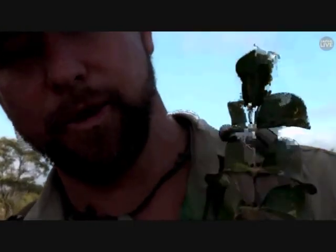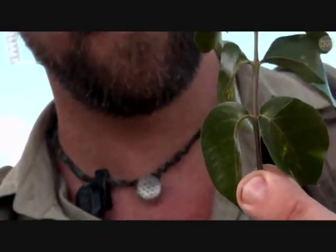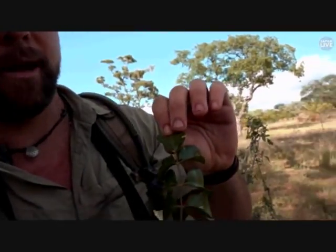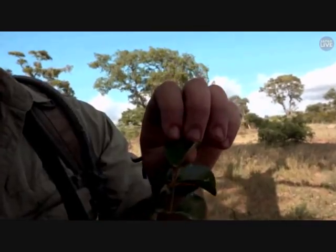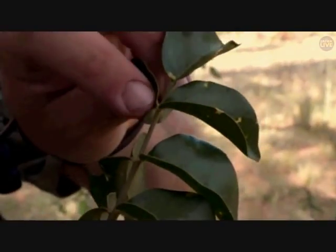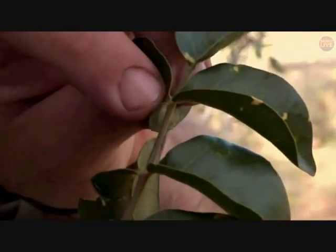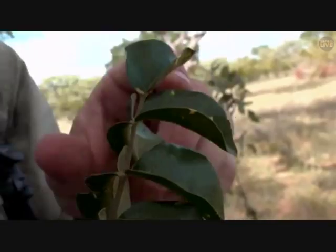Now the false marula leaf looks very similar to the marula, hence why people call it false marula. What you will notice is that the leaves are actually green, whereas the marula leaf has got a whitish sort of antacid look to it. Another thing to pay attention to is the fact that in between the leaf and the stalk, there's no extra stalk there. Whereas in a marula, I wonder if you can pan up to one of those for me, Seb,